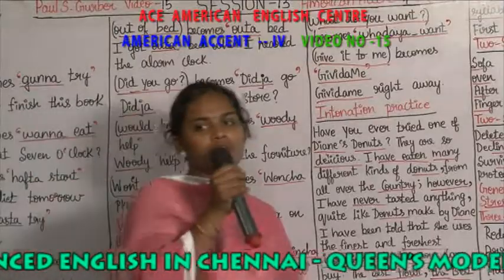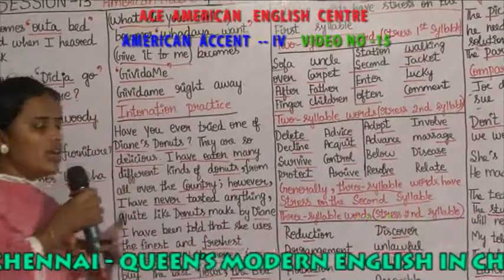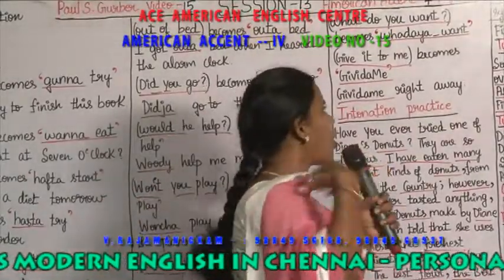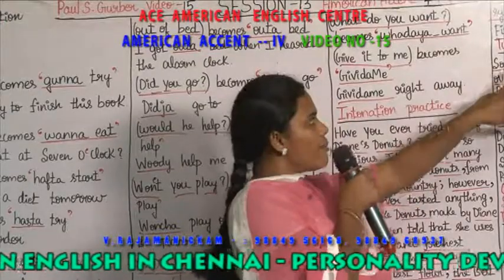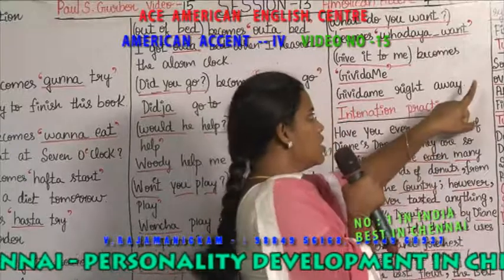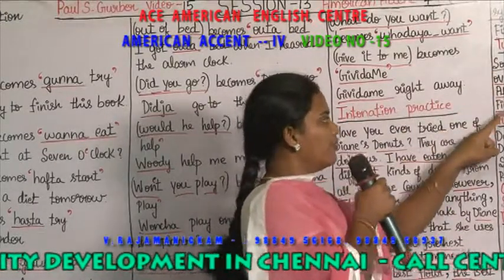Okay, now we are going to see about syllables. A syllable is nothing but a word where, when we are using vowels, at that time we are using some stress. It's called a syllable. So this is the example for noun syllables. A noun has one syllable stress: noun, sofa, window, after, finger.